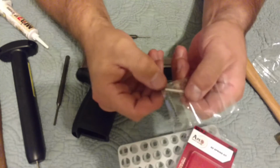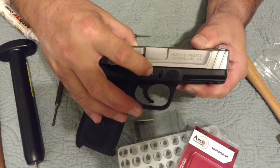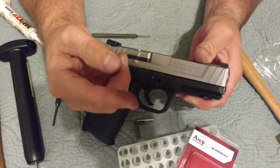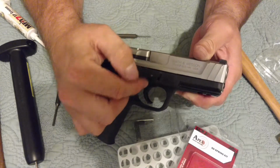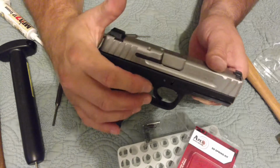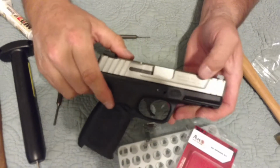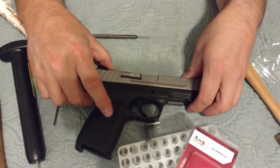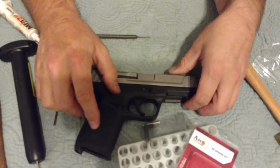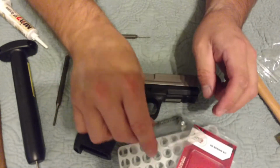This pin right here is what you use to push this pin out, and it lines up everything, because the trigger has like 2 holes to line up, then the spring goes in between those 2 holes, then you have the slide lock, that lever that lines up with it. So everything had to line up, and it was a little pain in the butt to get them all lined up to get the factory pin back in. That's when I started cussing, so I had to just